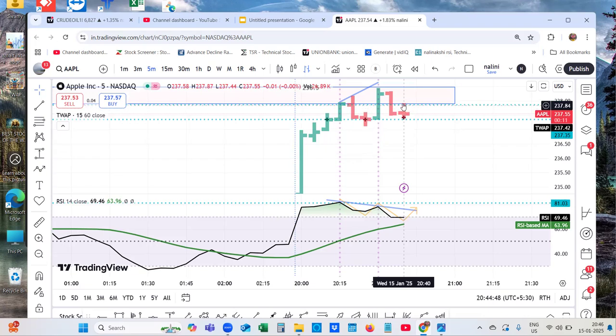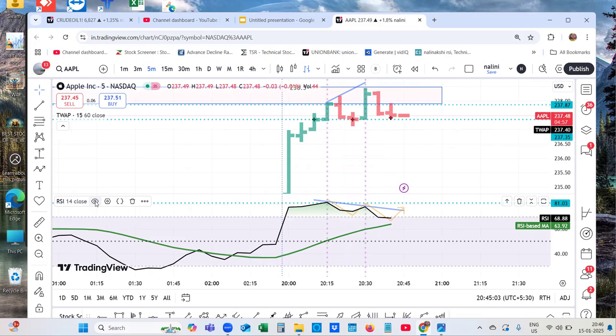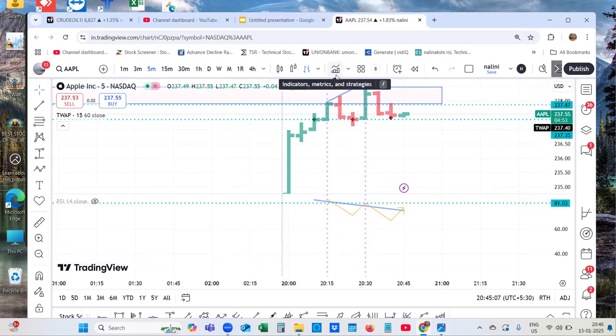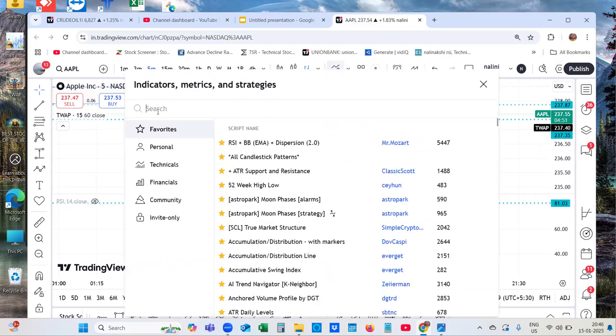But here we can see the price could not go up to this level. The price made a high. You can make out it is a lower high. I'll hide this RSI for a while, and you can utilize it if you are confused with a trend